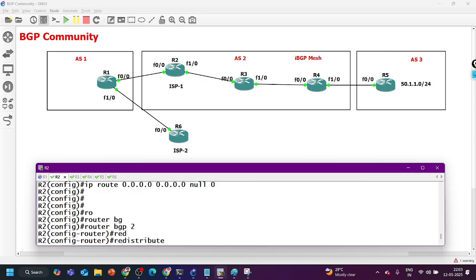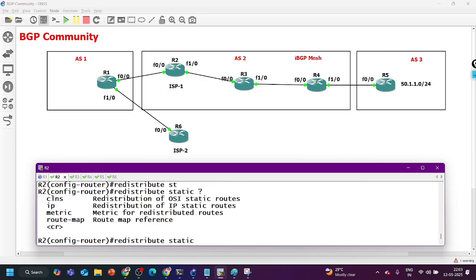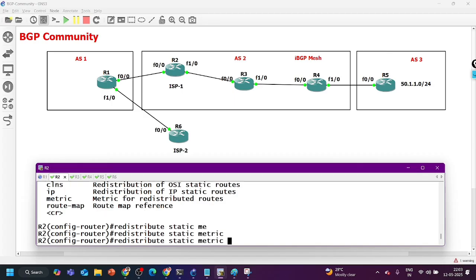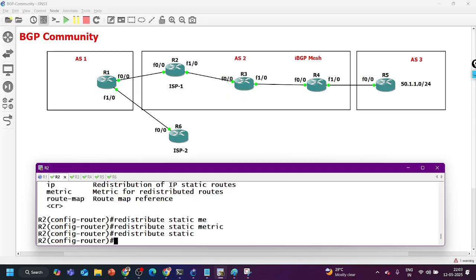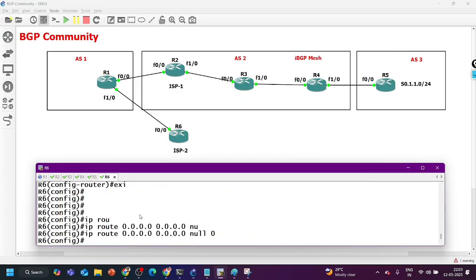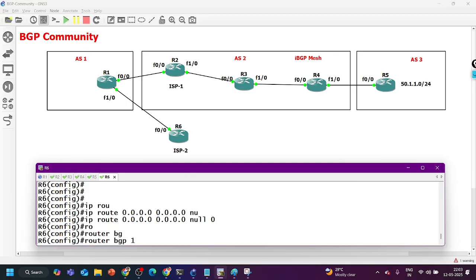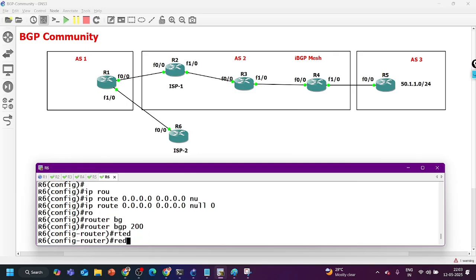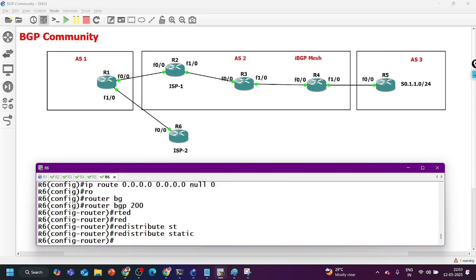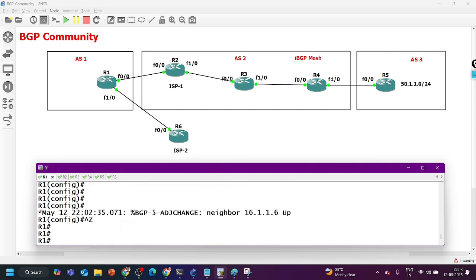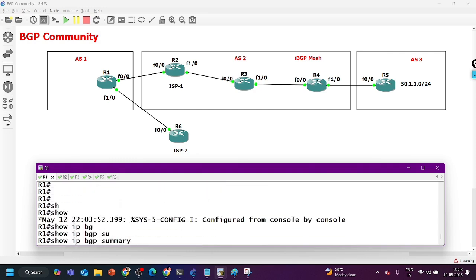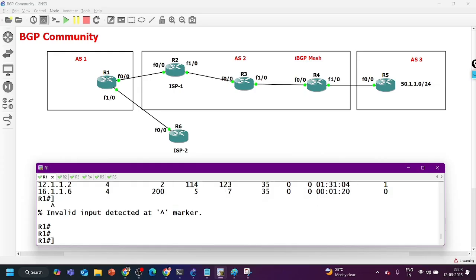and redistribute static. Do you want to use route map? No. Metric? Yes. Here first let me ignore the metric and go to router number 6, and here also I am going to say router BGP AS number 200 and redistribute static. And on router number 1, guys, so show ip bgp summary, you can see the two neighbors are there now,